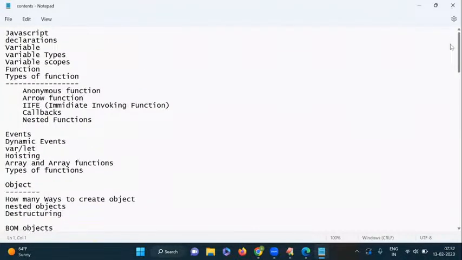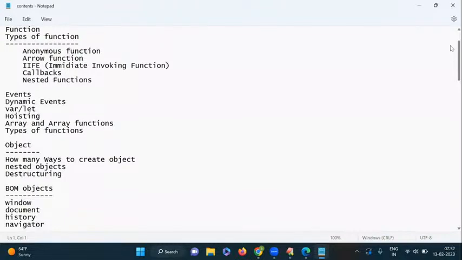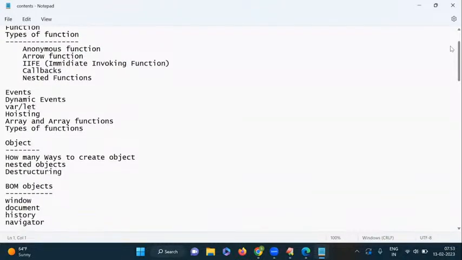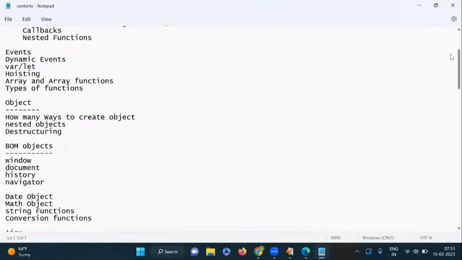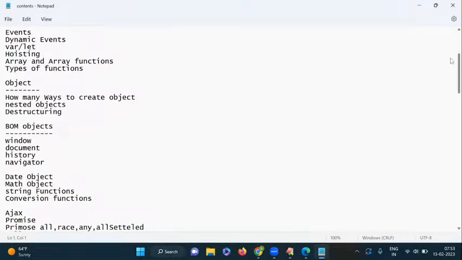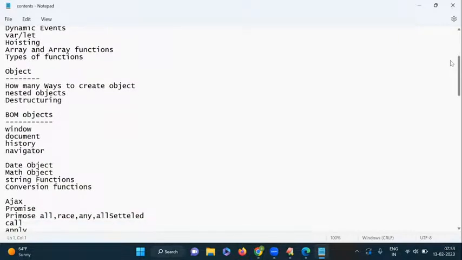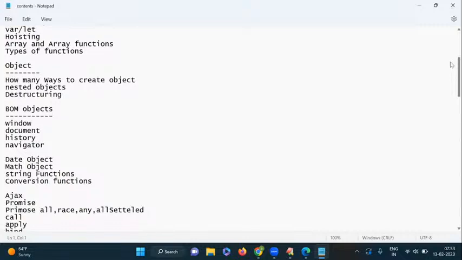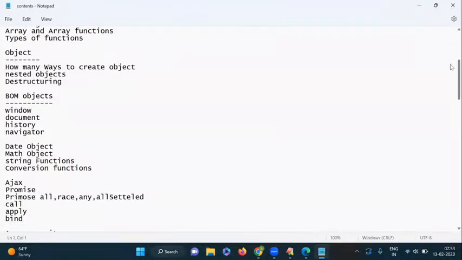The topics are functions and how many types of functions we have, events and dynamic events, hoisting, array related functions, and objects and how to work with objects. Object is very important because the data coming from Ajax is in the form of